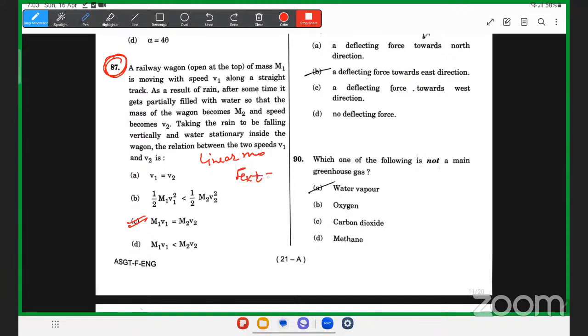F external अगर 0 है तो लीनियर मोमेंटम कांस्टेंट होता है, विच मीन्स बिफोर रेनिंग आफ्टर रेनिंग सेम होगा। बिफोर रेनिंग तो M1 V1 M2 V2 होना चाहिए।